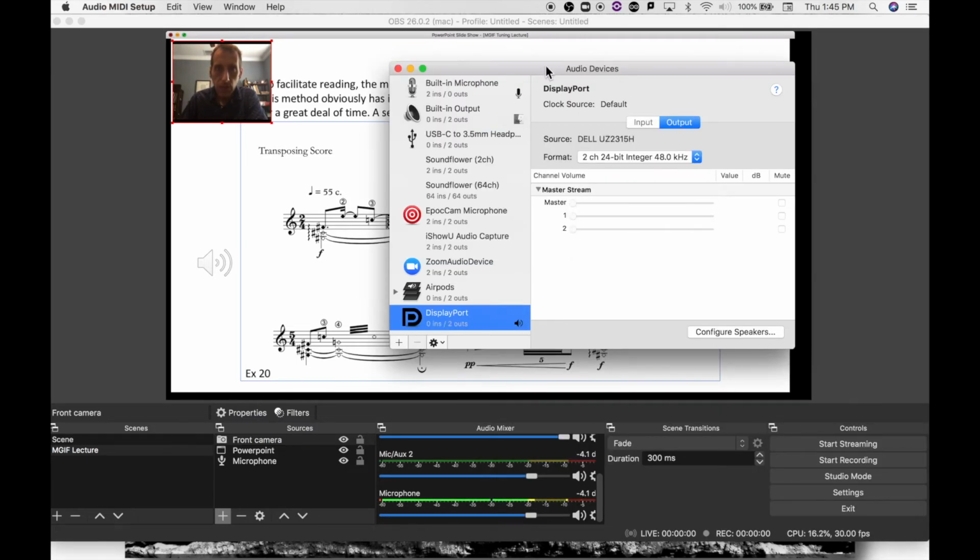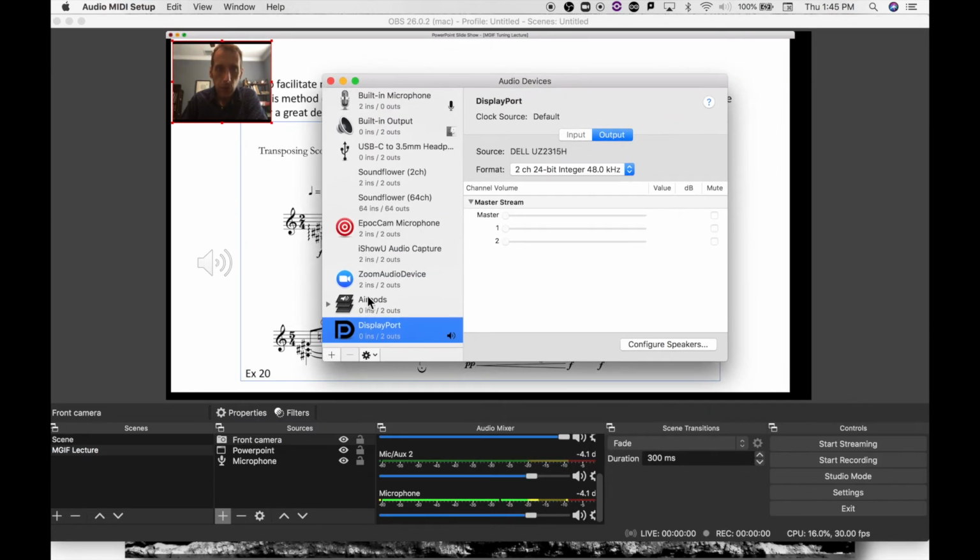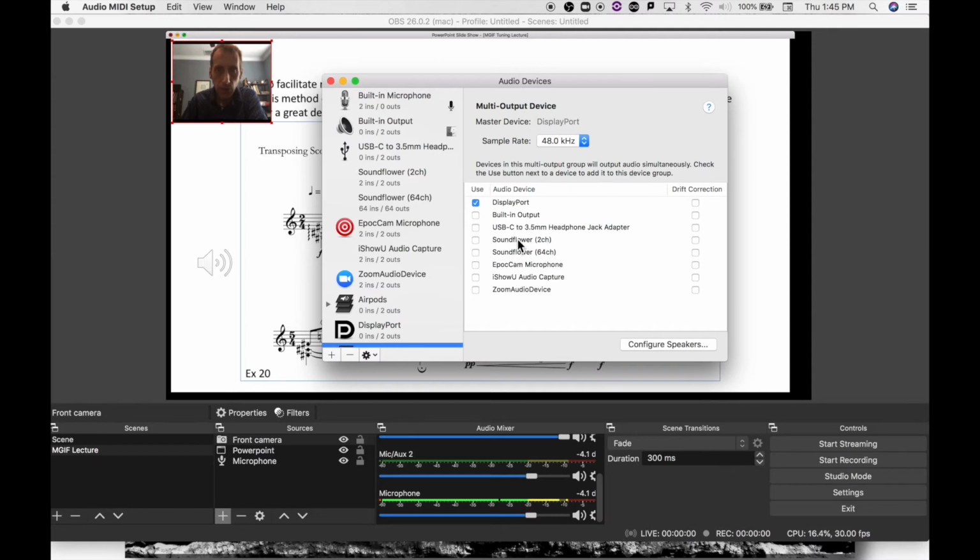Okay, so once you have that, what we're going to do is create a new multi-output device. So I'll click on plus here, and I'm going to create multi-output device. Now, this is where we need to pause for a second, because you need to download this program called